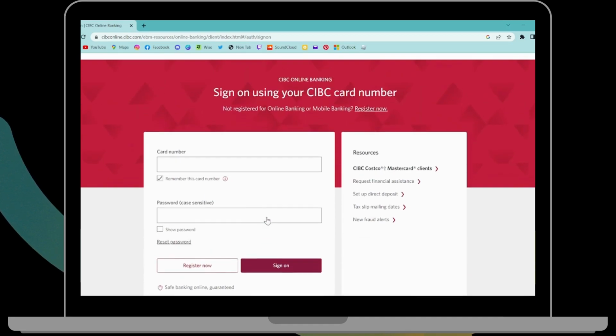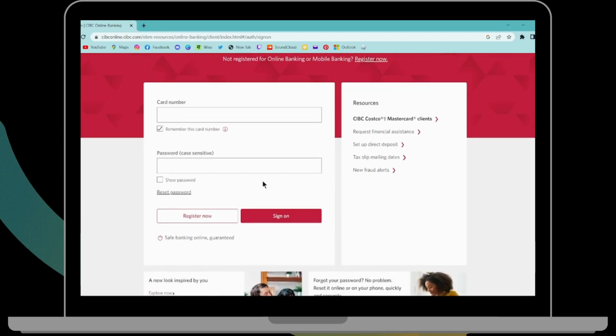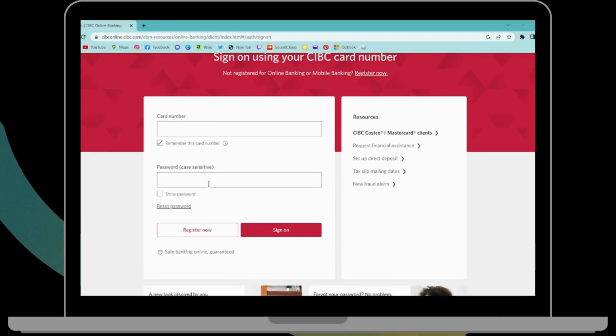But if you don't have an account or if you want to register, then you have to click on register now, or you can also click on register now, which is on the upper right corner, and then you can create your account. But if you want to log in, then simply enter your credentials and then you have to